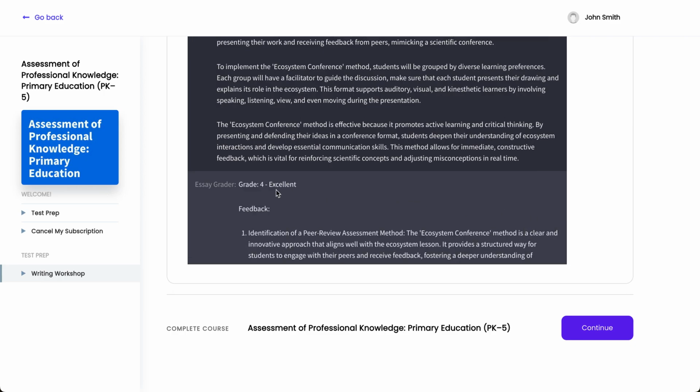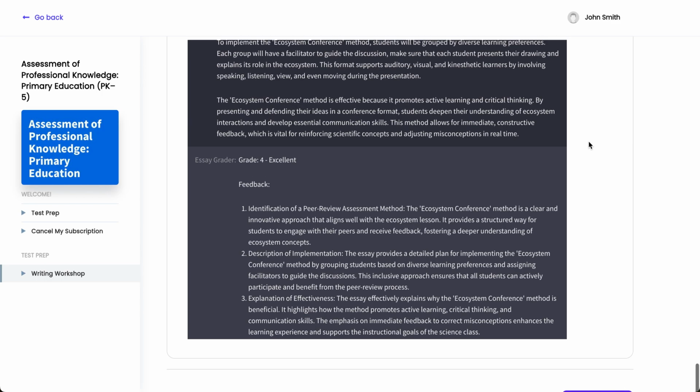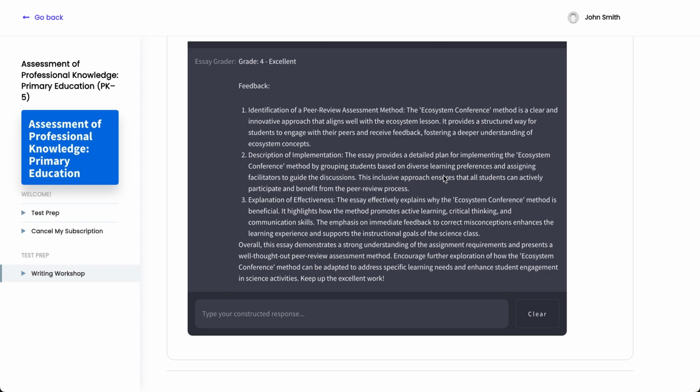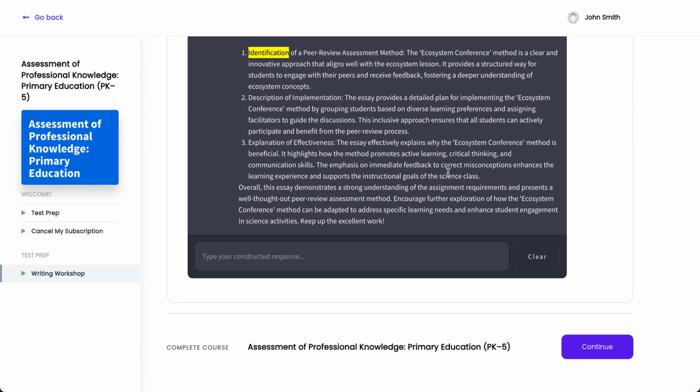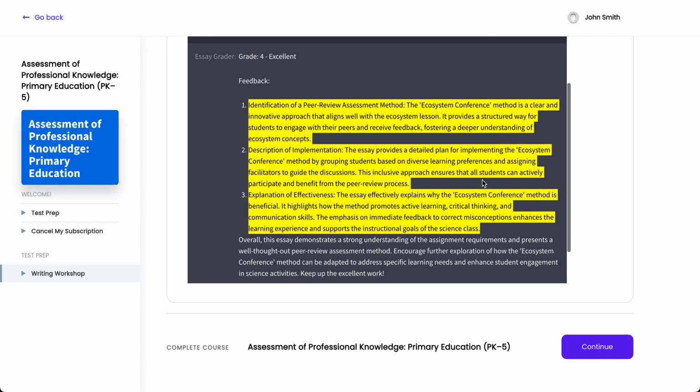Oh, look at that. All right, score of excellent. Now, if you watched lesson 1, you would have seen that I only got a score of 3. Now, only is not exactly very kind to say, because a score of 3 or 4 is really acceptable, but I'm really excited because these AI essay graders are really strict, and it's hard to get a score of 4. So, score of 4, it gives you feedback, which is great. You can improve your essay for next time,